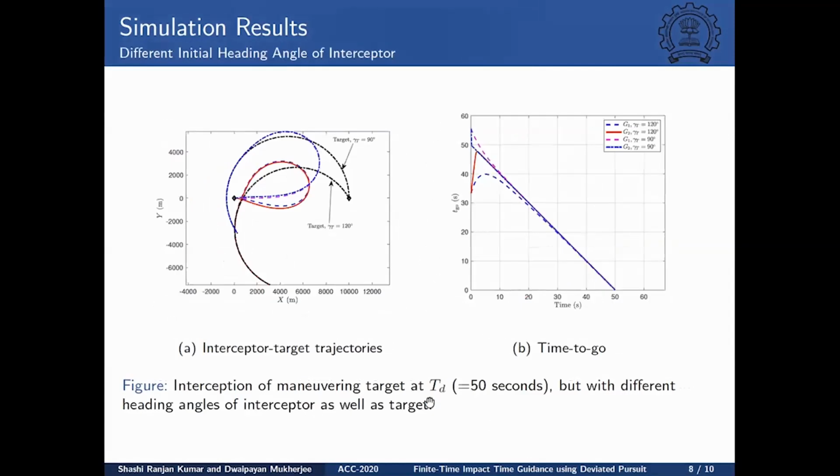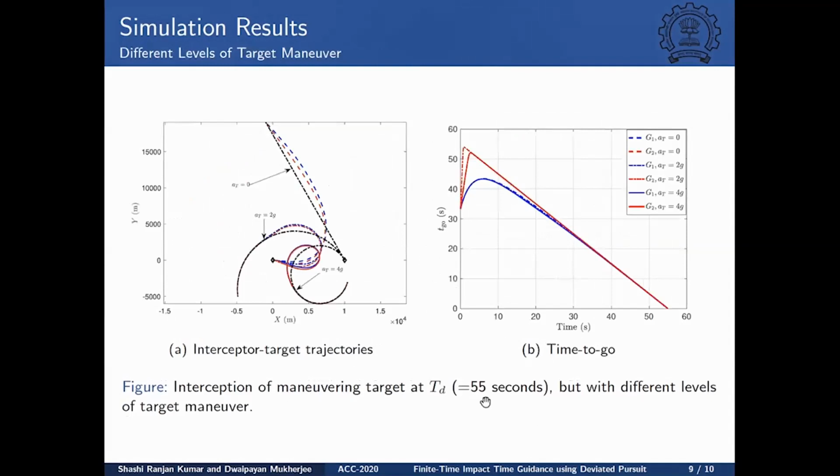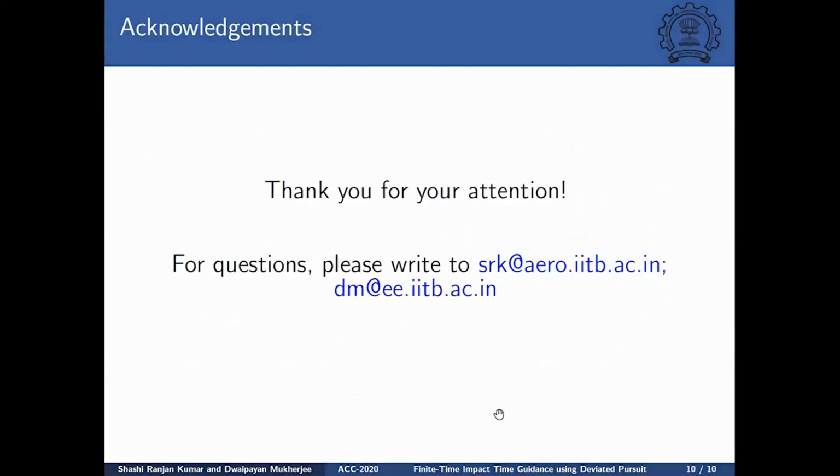In the second case, we now demand a desired impact time of 50 seconds, but with different heading angles of both the interceptors as well as the target, and we see that in either case, both the strategies successfully intercept the target at the desired interception time, again vindicating the success of our strategies. In the final case, we now consider different levels of target maneuver, 4G, 2G, and a non-maneuvering target, and again we see that in all the cases, both our strategies have successfully intercepted the target at the desired interception time of 55 seconds. So there's a lot more to this, but for that you have to tune into the paper,